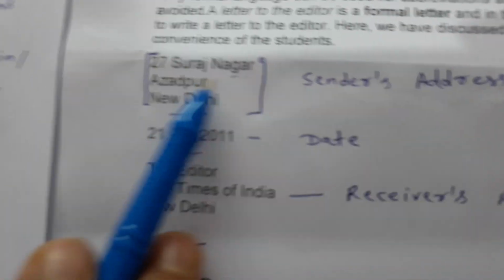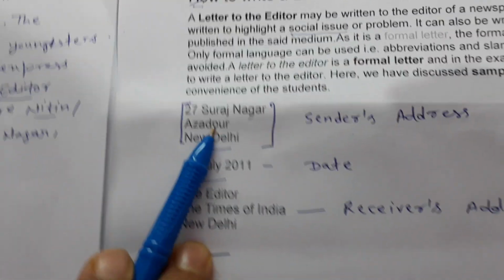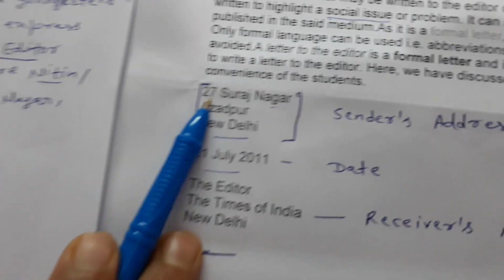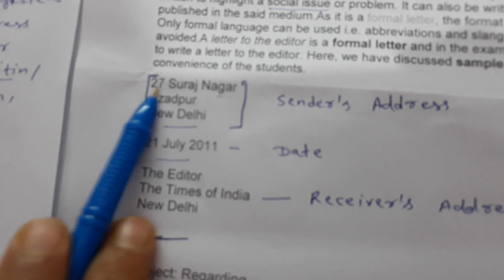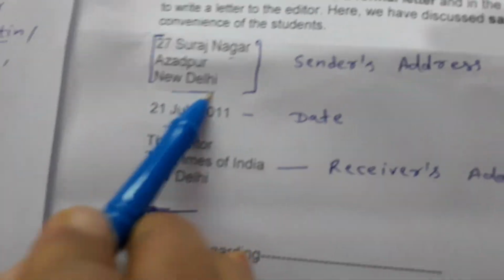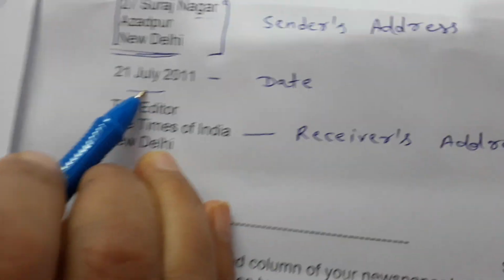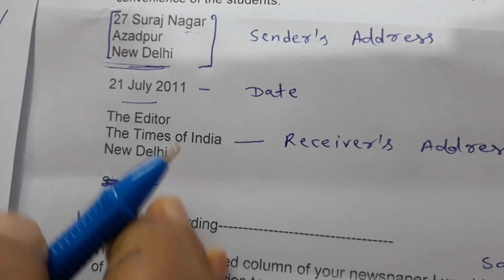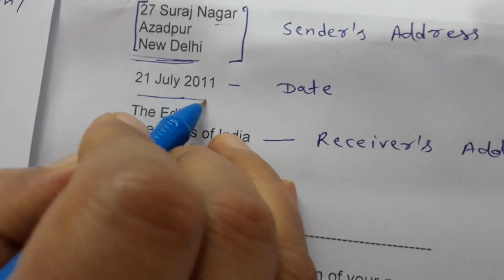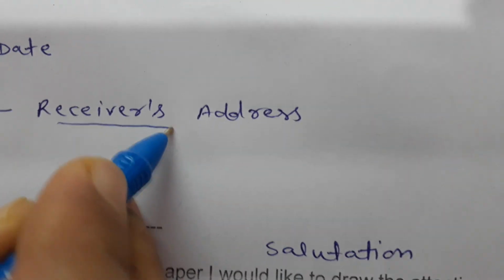So in the sender's address, keep these points in your mind: you have to write on the left hand side, and the address should be written from smaller to bigger place. Okay, then leave one line, remember it, leave one line. Then write the date. After that, leave another line, and then write the receiver's address, to whom you are going to write